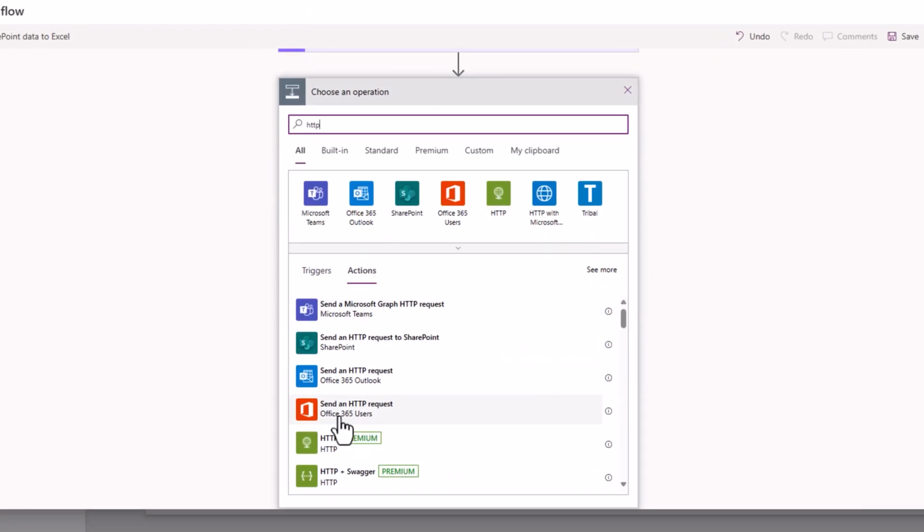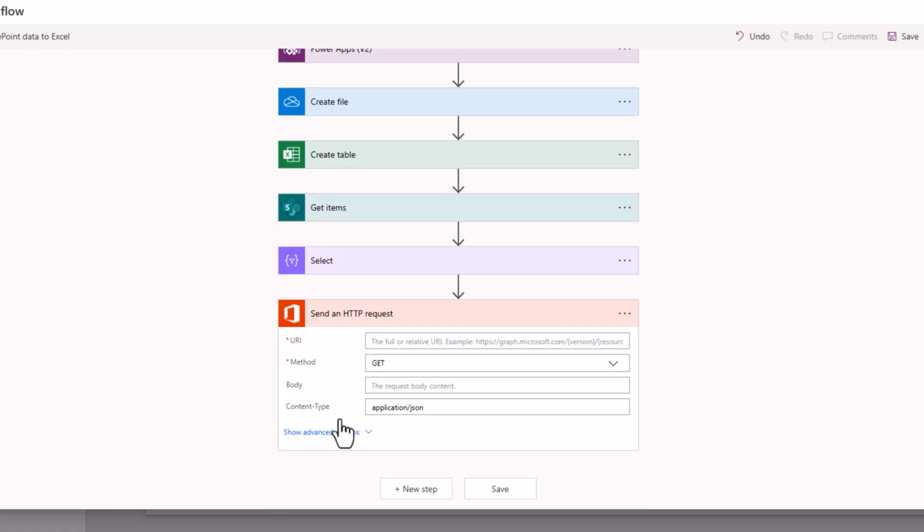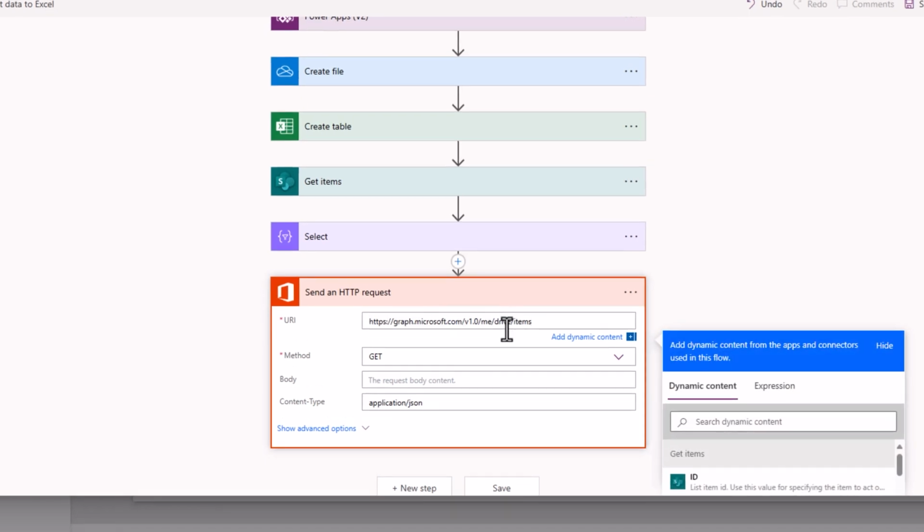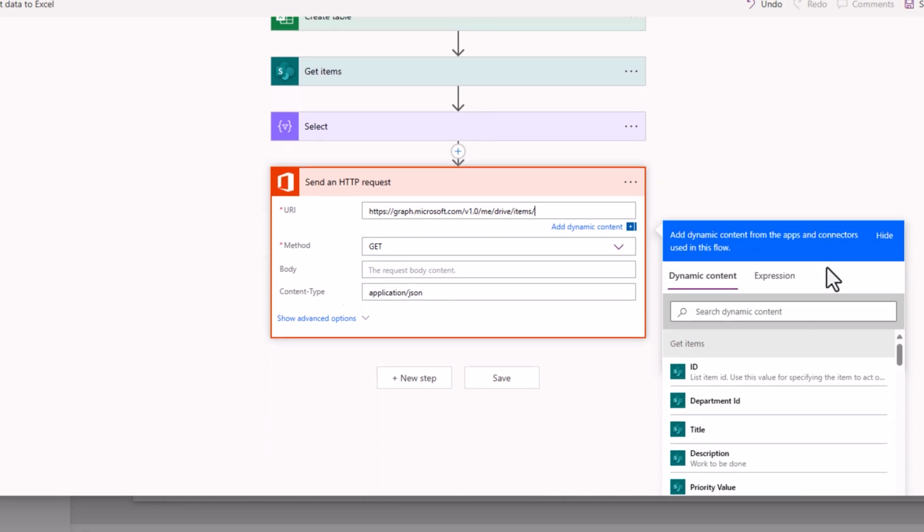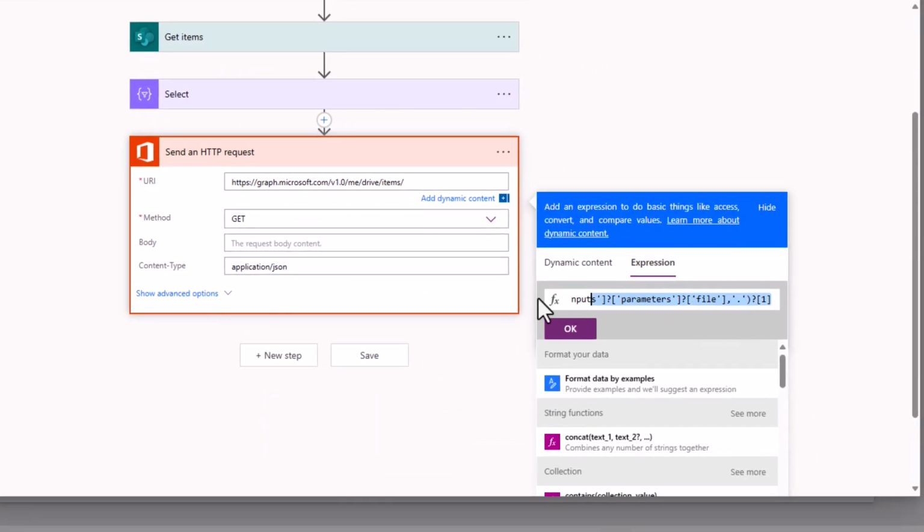I'll call the send an HTTP request action from the Office 365 users connector, where I can make Graph API calls to the Graph API endpoint me, which points to the user's OneDrive. So graph.microsoft.com, v1.0, me drive items, slash, I need to get the drive ID that I will directly get from the create table action by using the following expression: split actions of create table, inputs, parameters, file, go split it by dot and get the data at array index 1